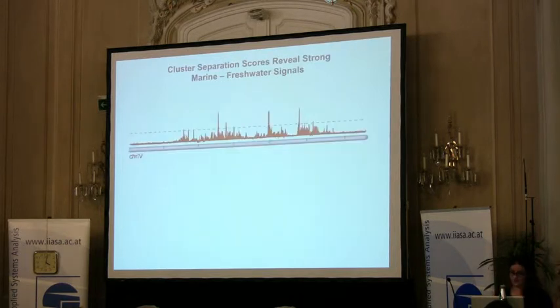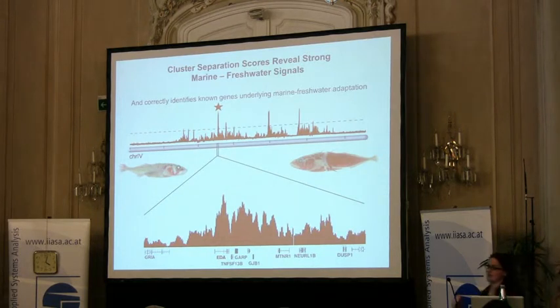Okay, just to give you an idea of what we see as we look across the genome, this is one of the chromosomes, chromosome 4. We can see really high resolution signals of marine freshwater divergence, three very clear peaks here, for example. It's nice to see that some genes we've already mapped independently and done fine mapping on come up as we would expect. This particular peak corresponds to the EDA region. We see a massive cluster separation score directly above the EDA gene. It's quite an interesting topology around here, but the signal is centered upon EDA, and that's nice to see.